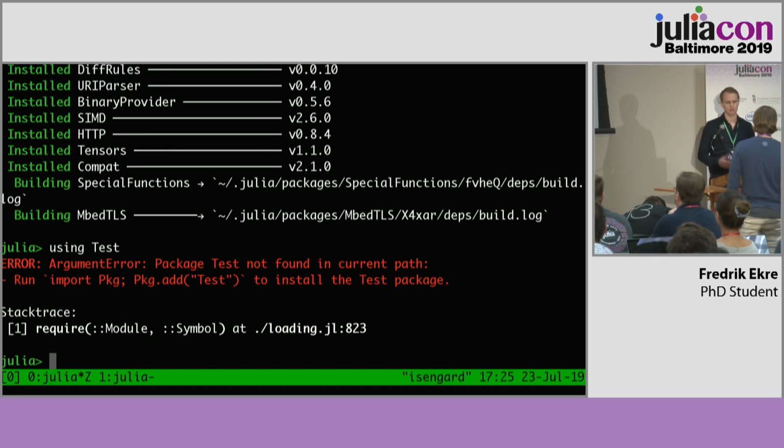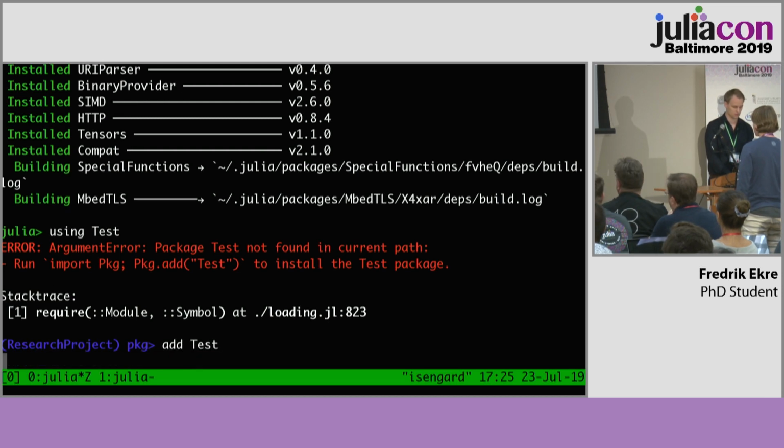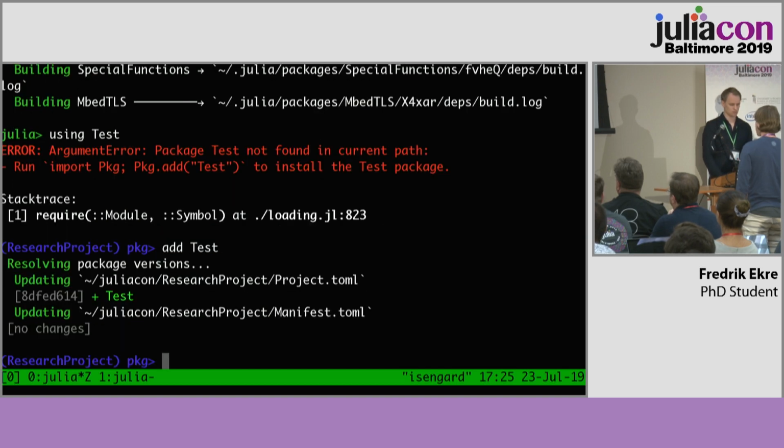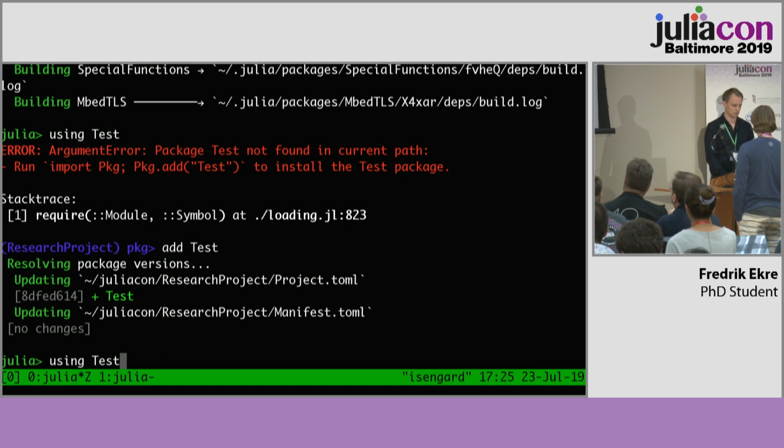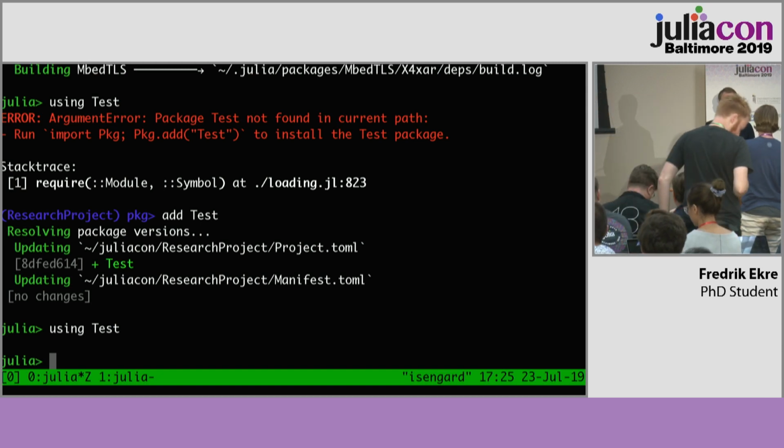Okay. So I think this is a pretty useful property. You can add standard libraries to your project as usual. So add Test, and then now that is also recorded in the environment, right? So now we can use it. And if the standard library API changes or something, that's going to have a different